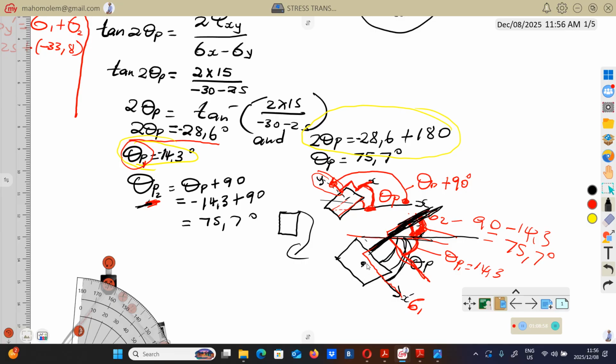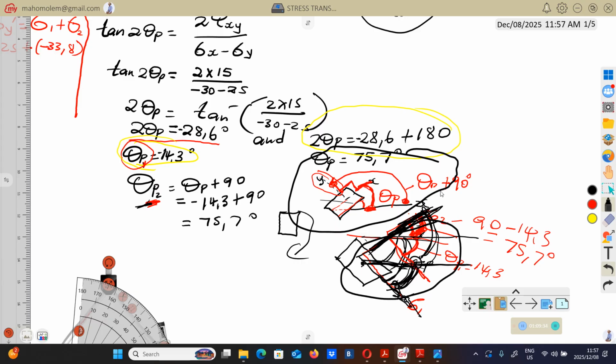That's the x line, you can draw it here. You can draw it anyway. From here to there, it's 75. From here to there is that 14. From here to this normal stress on the x, the principal stress on the x face, is 14. And from here to there it's 75. So that is for clockwise rotation. Then for anti-clockwise rotation, you'll have this. For clockwise rotation, you'll have this. Anyway, for anti-clockwise direction, we'll have